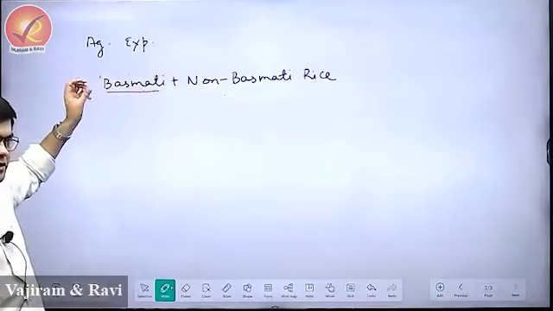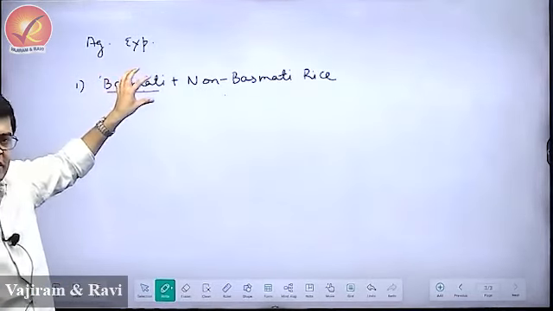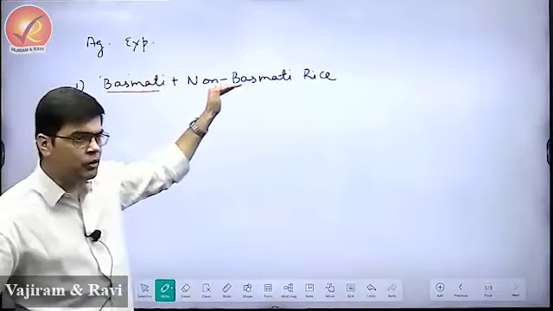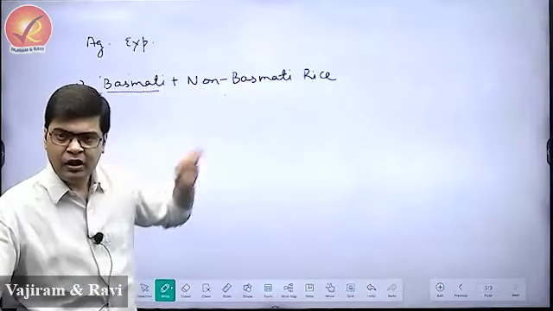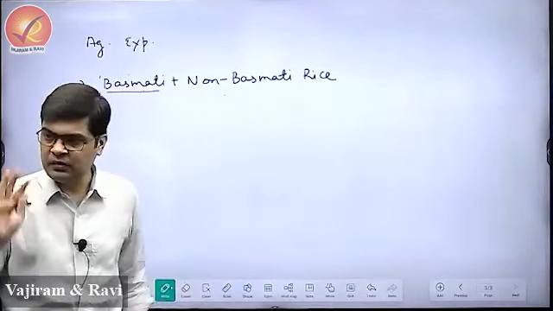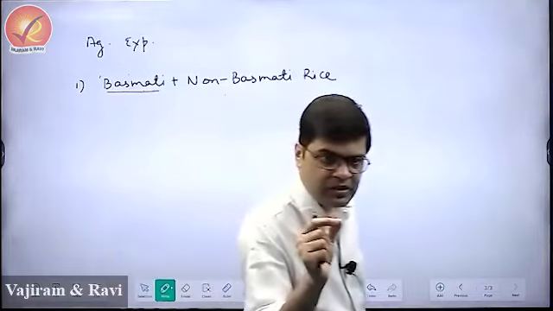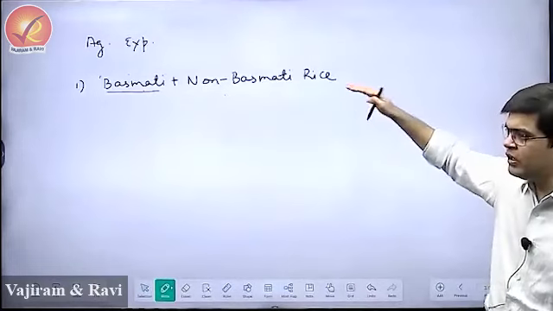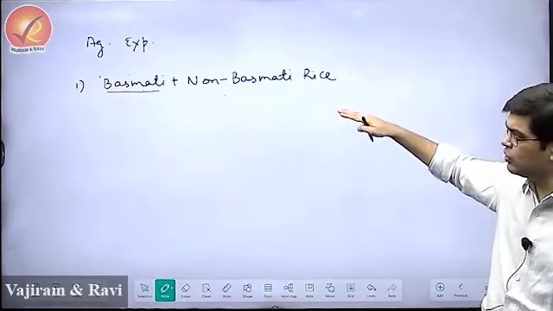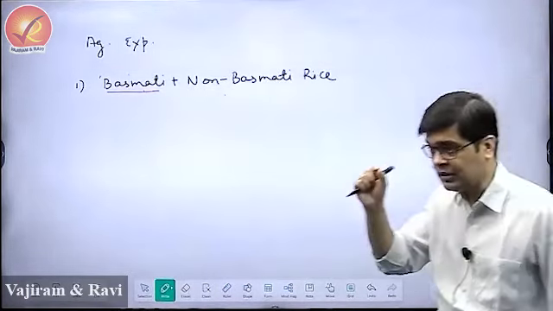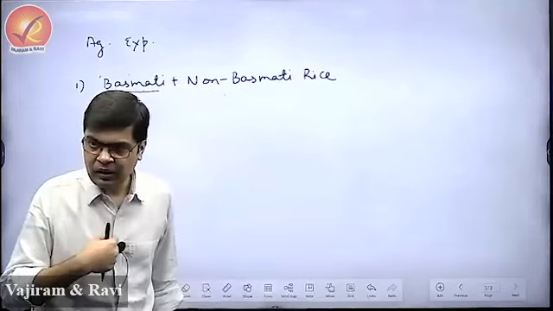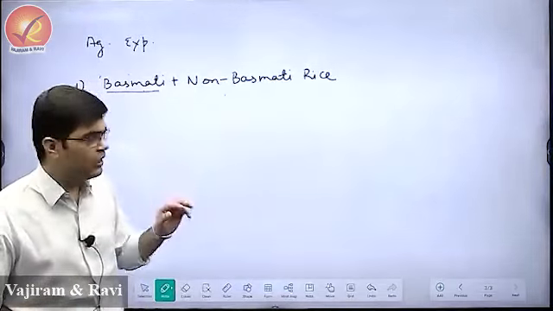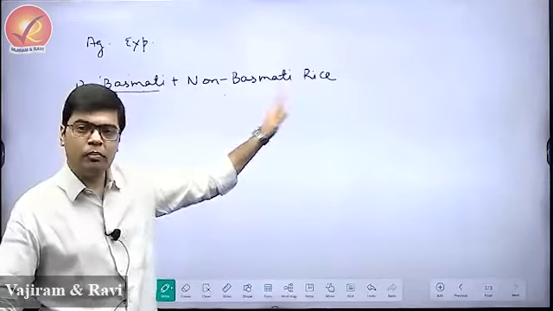Basmati was allowed, because basmati is basically exported to countries wherein this rice variety may not be consumed by the people because of its high cost. But non-basmati, because it is consumed by most of the people in India, the government said we will not allow the exports of non-basmati variety. So in 2022 the government said we are going to ban the exports of broken rice, and in 2023 the government said we are going to ban the exports of non-basmati variety. So now suppose I am a trader, I was exporting non-basmati earlier, and now the government has imposed a ban on non-basmati.